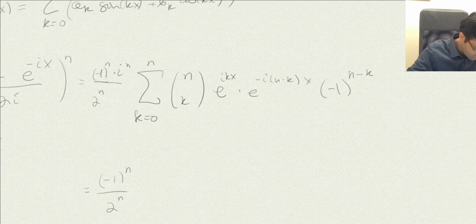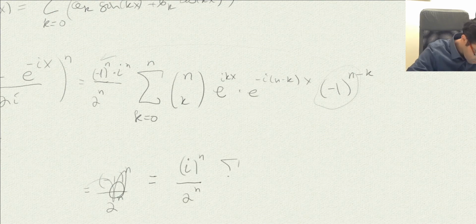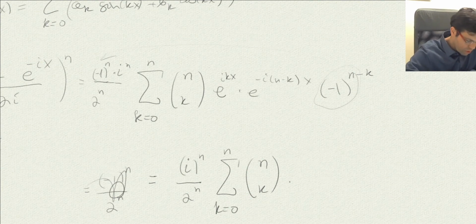And now the beautiful thing about this is that you can take this minus 1 to the power of n outside to meet this one, and they will always be 1. So we can forget about this term. Let us write it this way. So this equals i to the n over 2 to the power of n. And here we're going to have the sum, n choose k, as k runs from 0 to n. And what we have here is